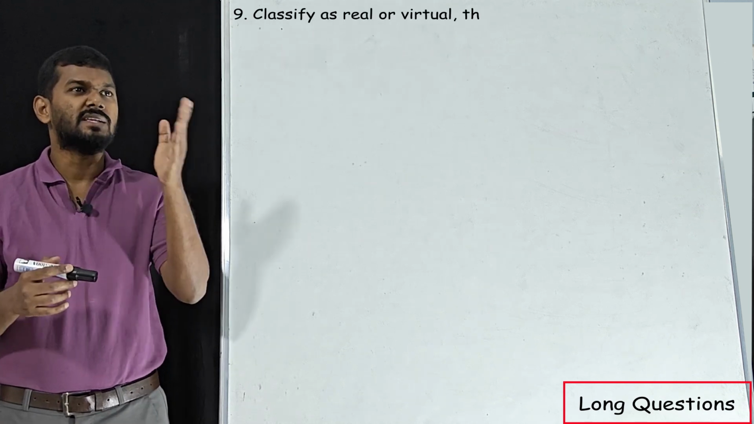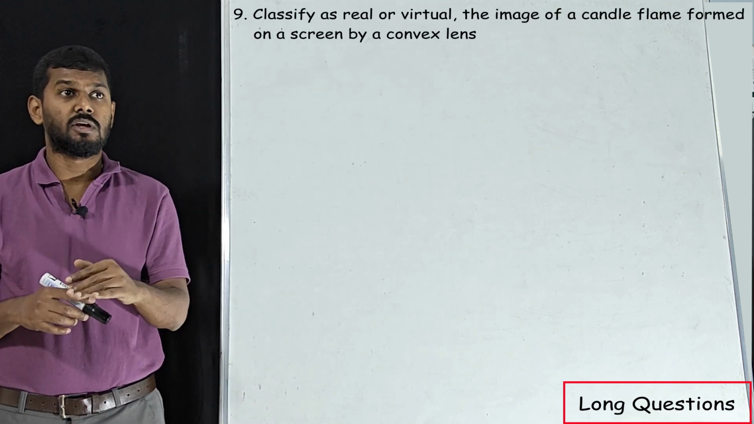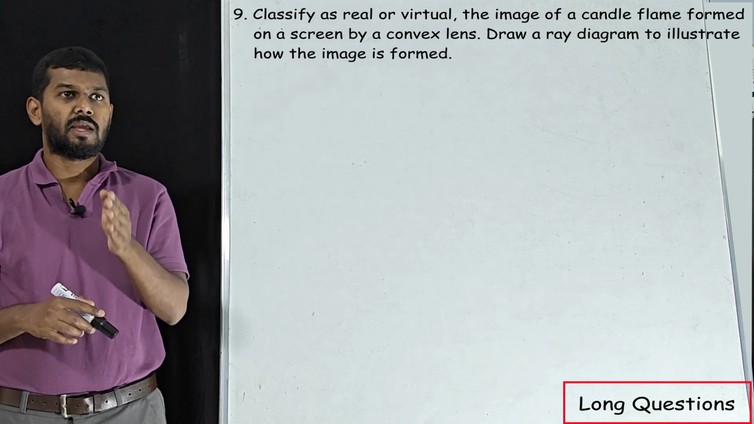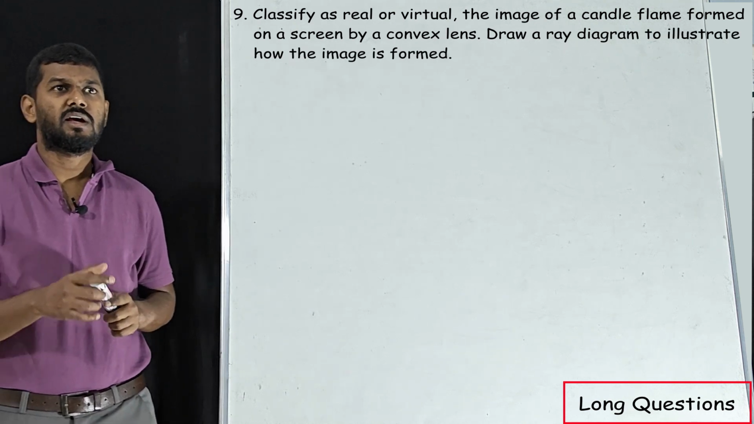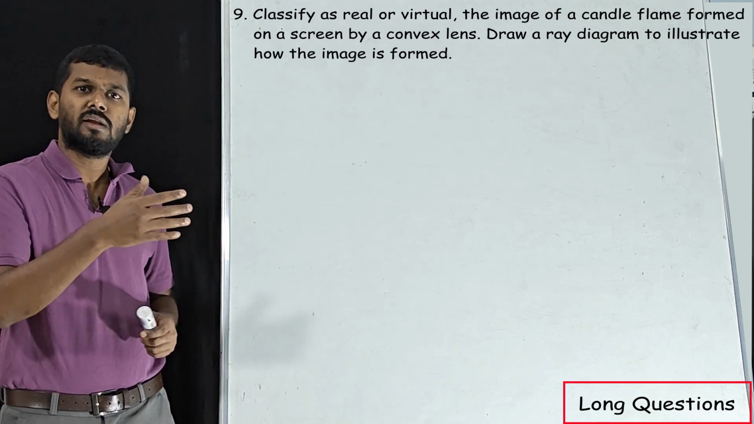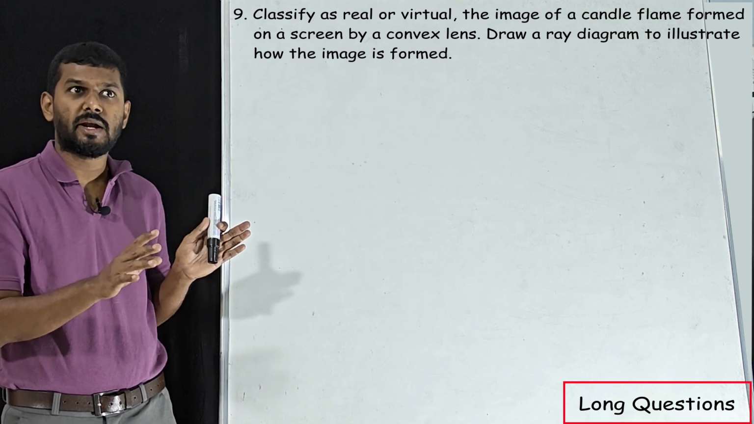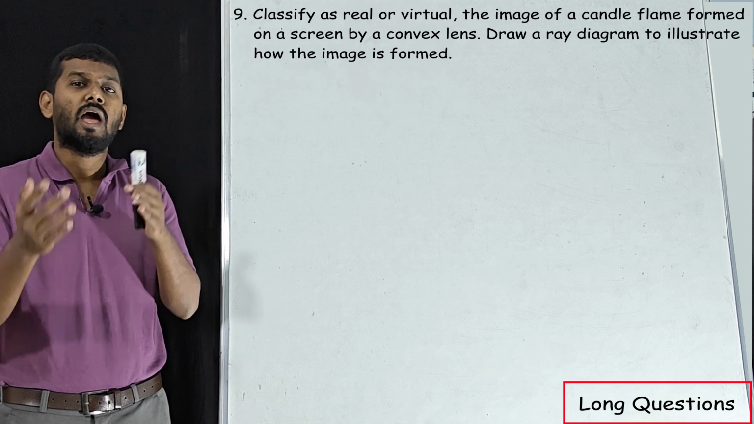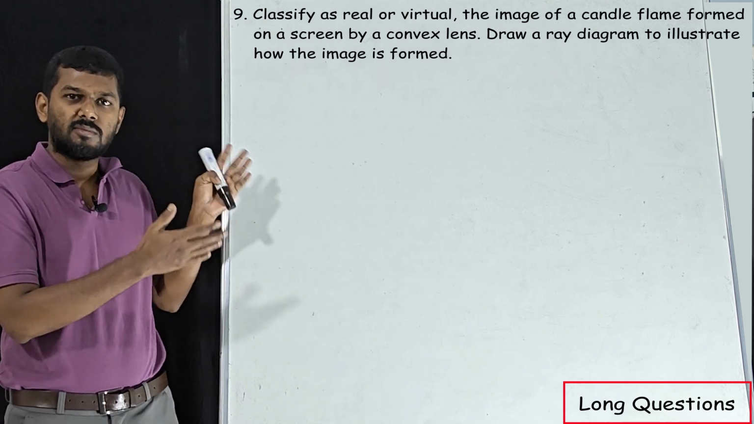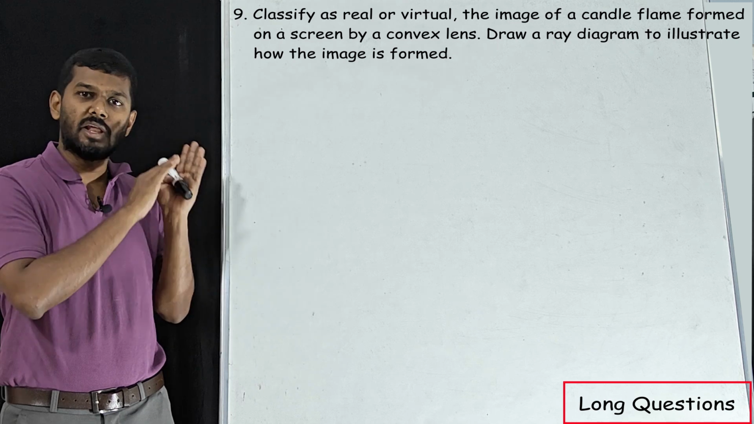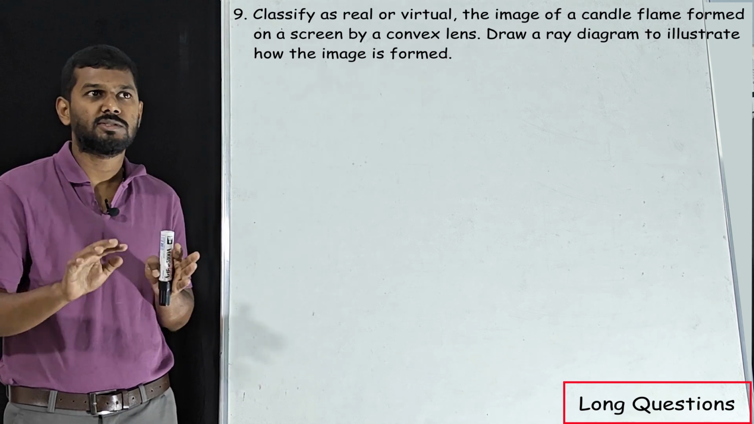Our next question, classify as real or virtual the image of a candle flame formed on a screen by a convex lens. See here and draw the ray diagram. Here again we are not going to draw the ray diagram. I am going to give you the hint and cases. If you know the cases, you can draw it easily, or else you can go back to the concept video and watch it. Listen,